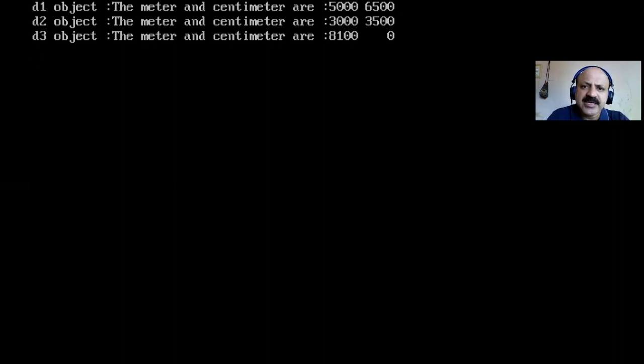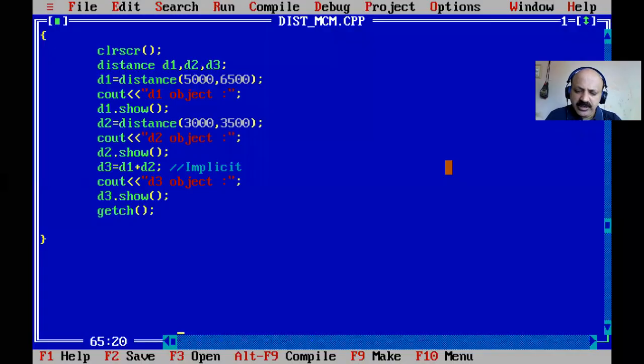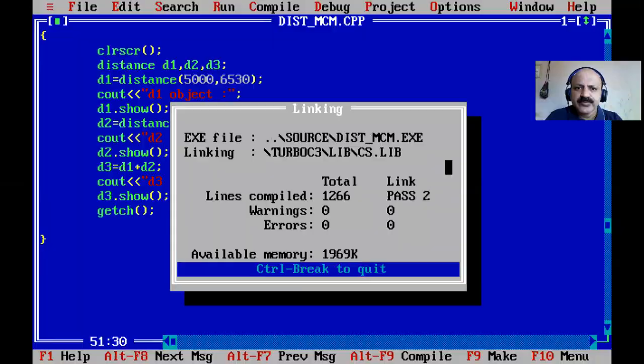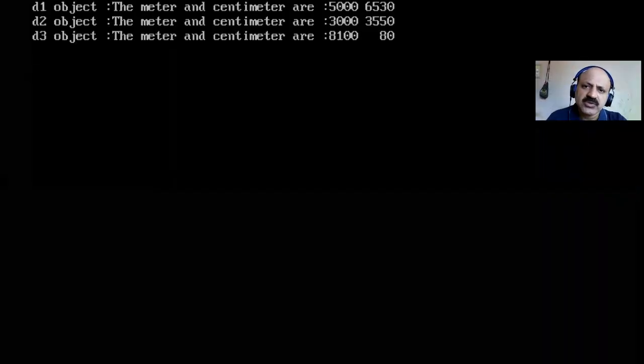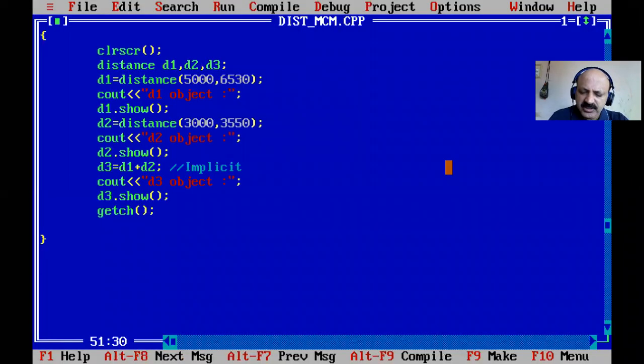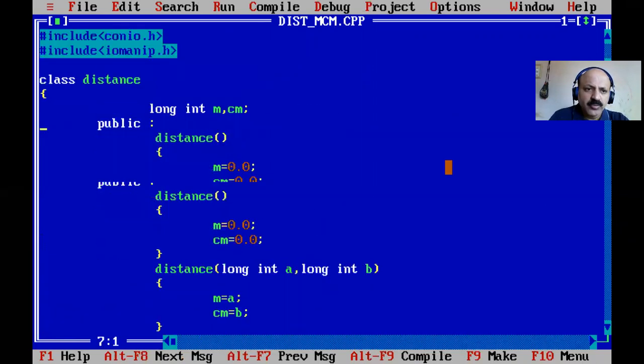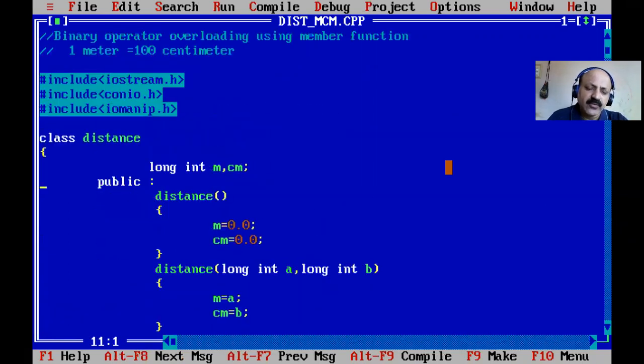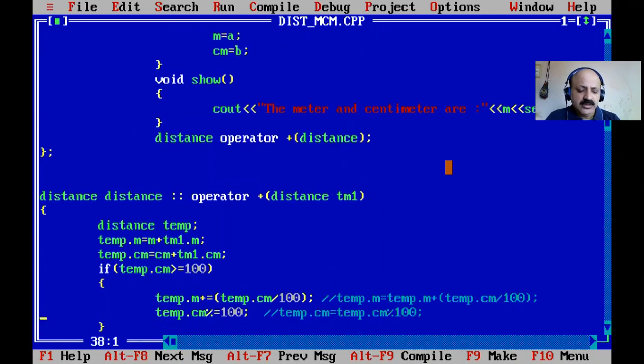So that is meter and centimeter, but we can take some remainder. So here I give some remainder value for the centimeter. Like here I give 30, and here I give 50. So 80 is remaining, otherwise all are zero. So 80 is there. Okay, so very easily. So that is the rule: the modulo operator we cannot apply to the float data type. That is a hurdle here, but now we can solve it.